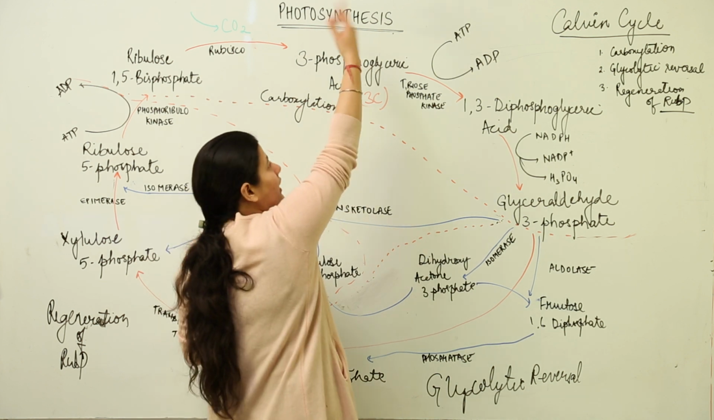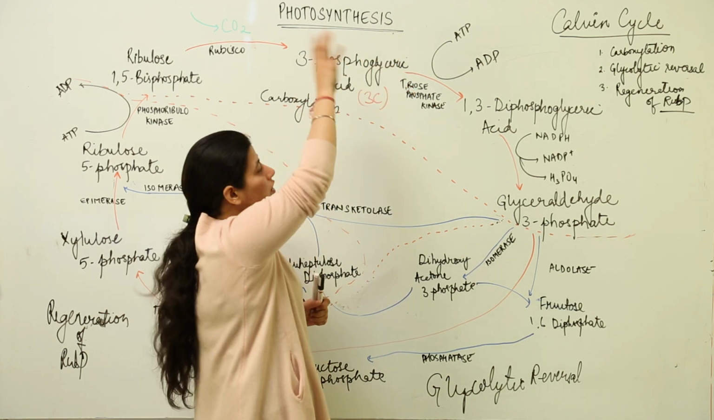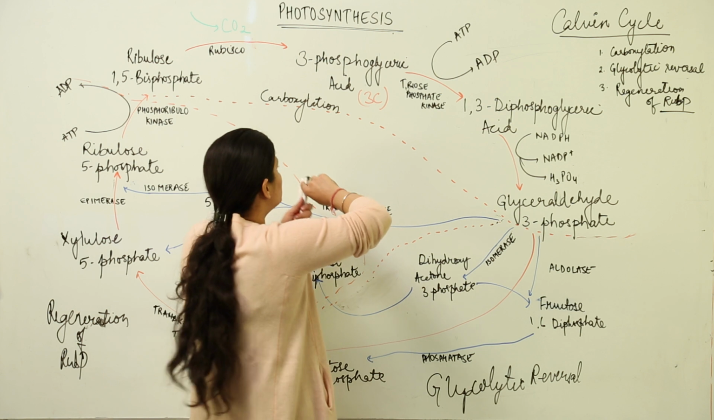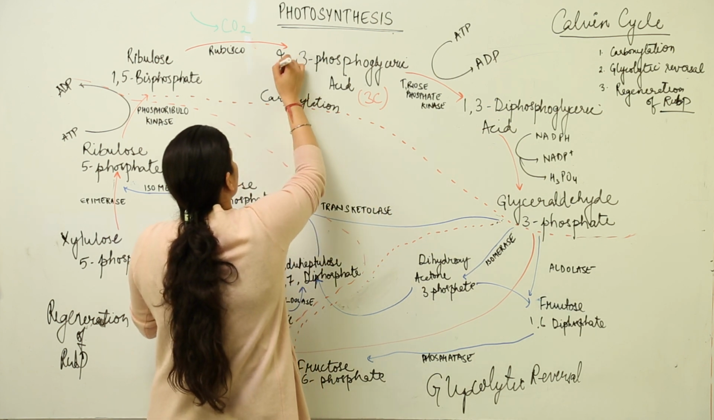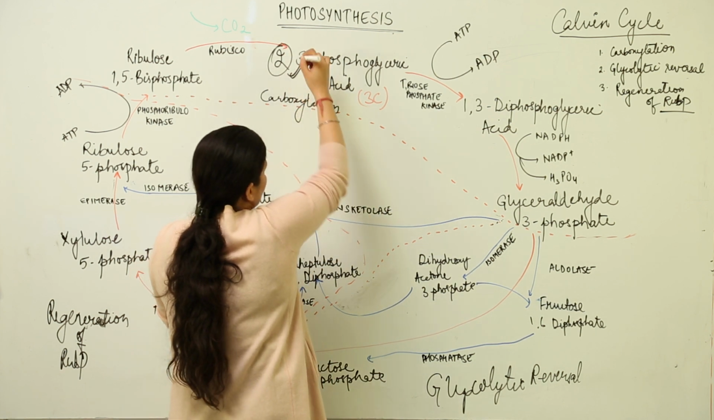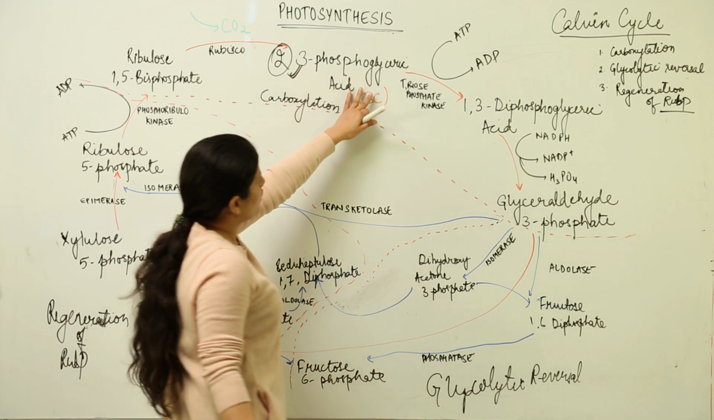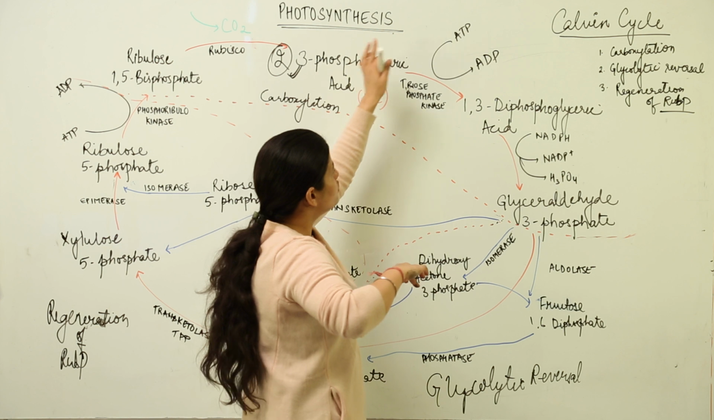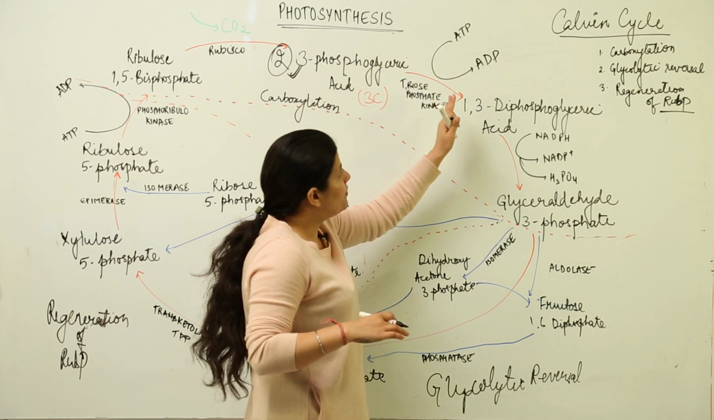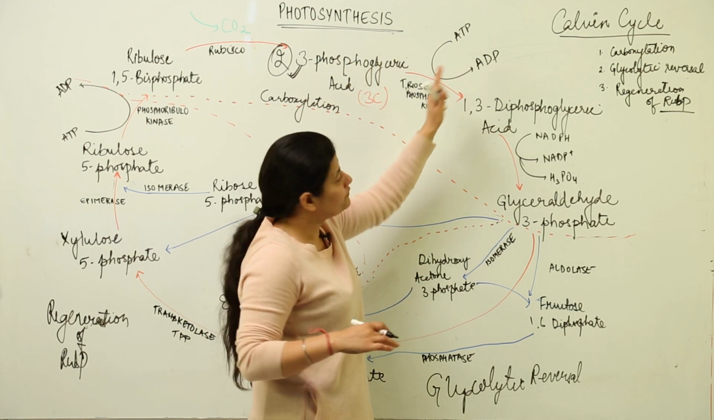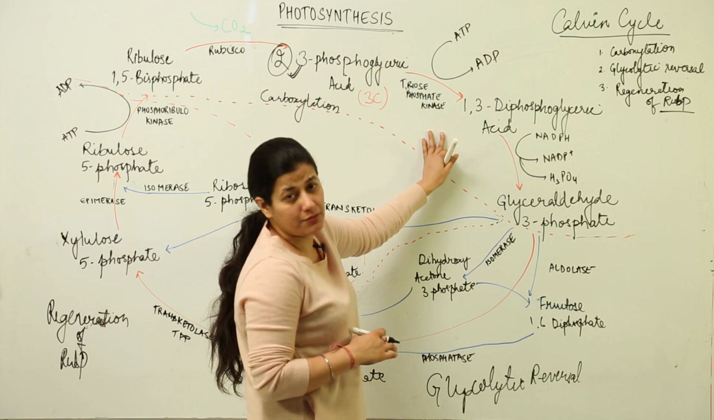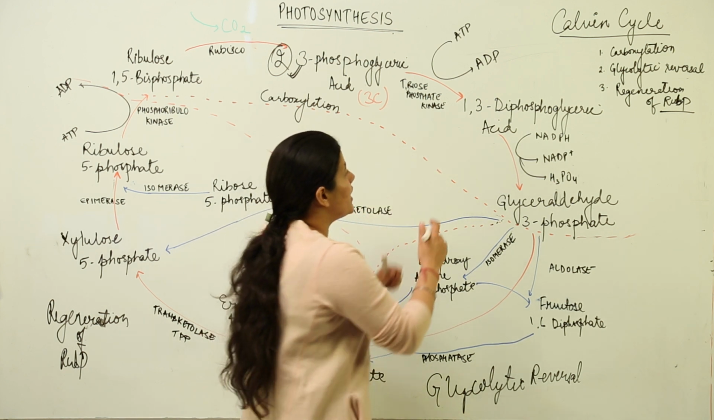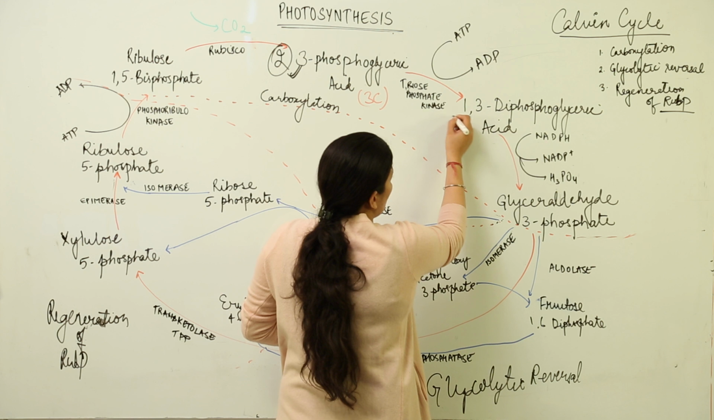3-phosphoglyceric acid, another 3-phosphoglyceric acid would be formed. We have not mentioned it over here, so I would write 2 because 2 of them would be formed. Now 2 of 3-phosphoglyceric acids, each one of the 2 would use 1 ATP and break down to ADP. In the presence of enzyme triose phosphate kinase, there would be formation of again